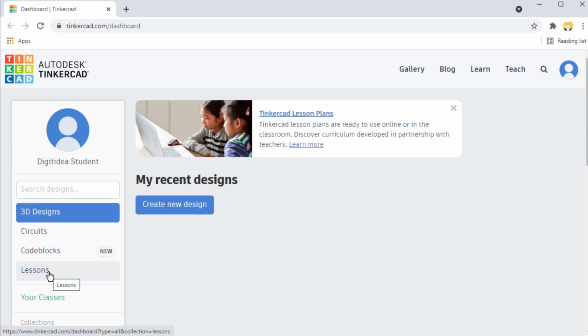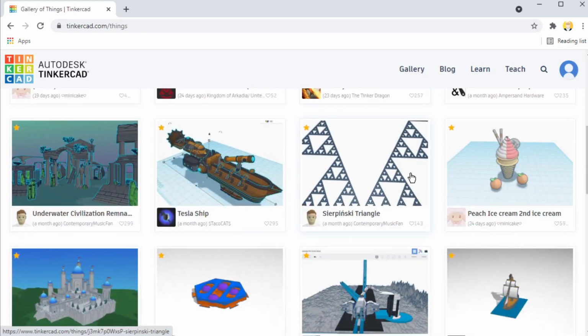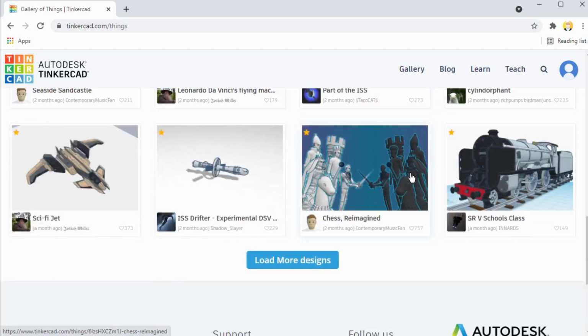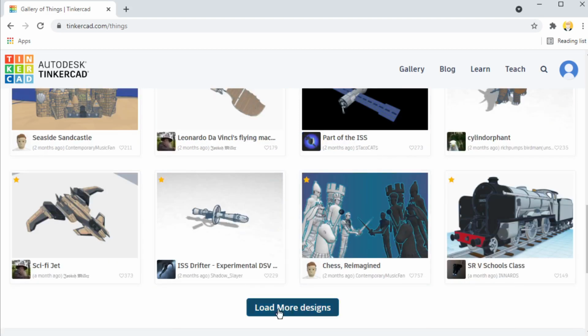And in particular, if you are a technology teacher, then Tinkercad is a must-have Chrome extension for you because this is the technology Chrome extension, I would say. So let me show you a few of these features. So let me first click on this gallery, and these are some of the designs already done, some from Autodesk staff members and some could be from other community members using Tinkercad, and you can load even more designs.